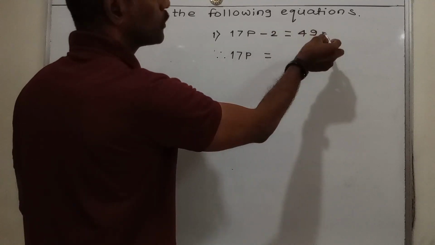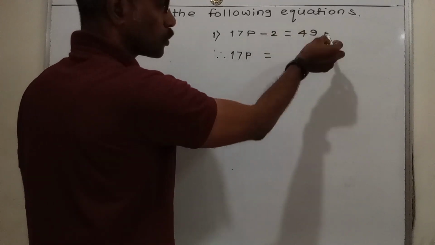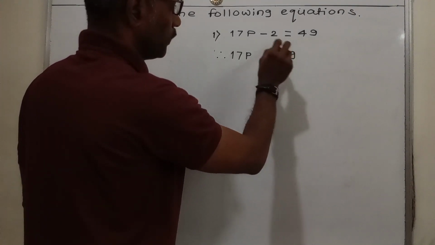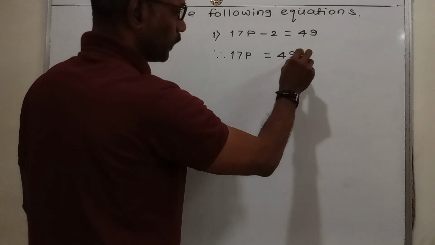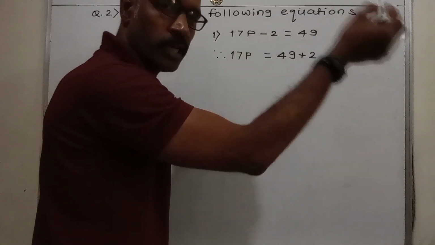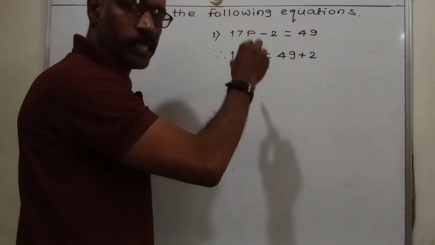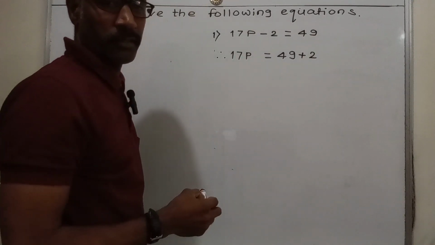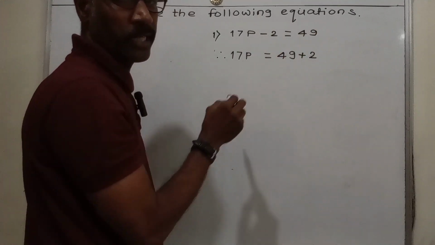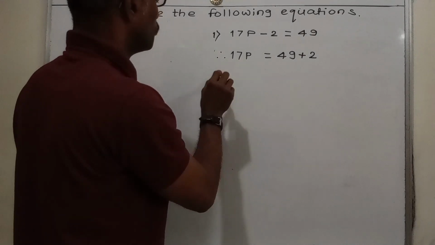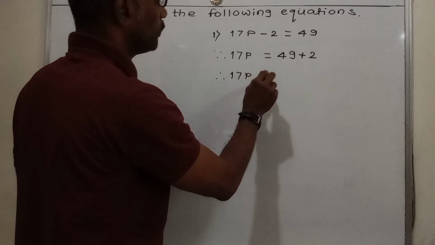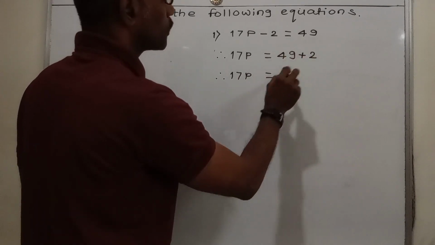is equal to, we take this minus 2 to the right side. When this minus 2 goes to the right side, then minus becomes plus, plus becomes minus, multiplication becomes division, and division becomes multiplication. Did you get it? Now therefore 17p is equal to the addition of these two,